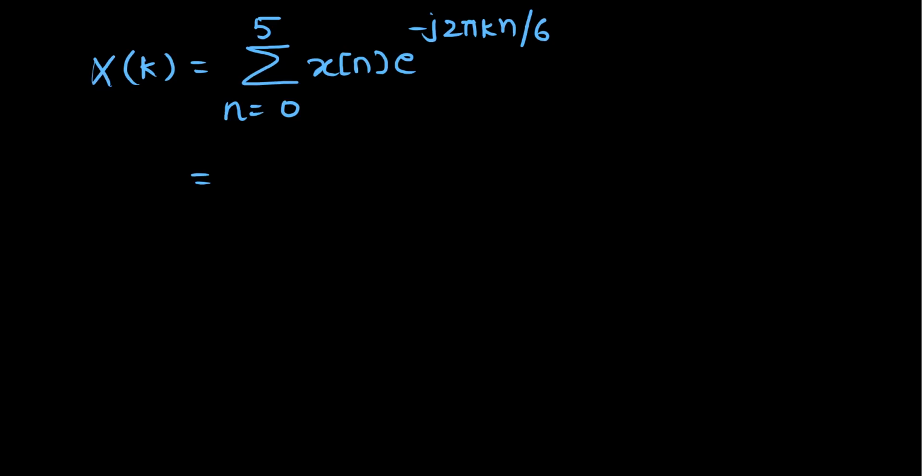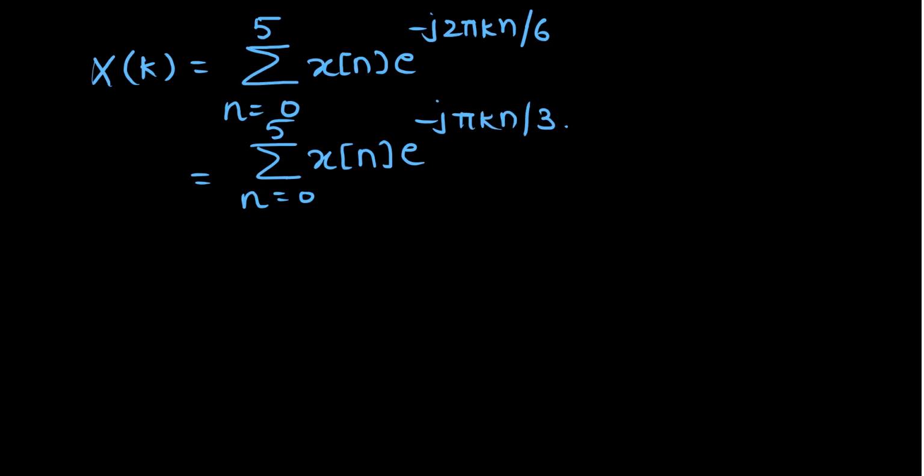So this can be written as summation n running from 0 to 5 x of n into e to the power minus j 2 pi, so it is minus j pi kn by 3, and this can be expanded as x of 0